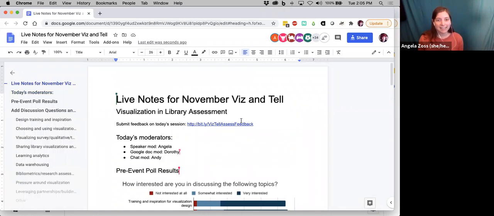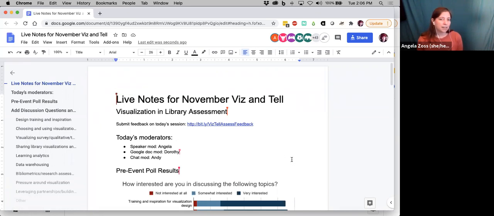But facilitating an informal conversation with a large number of people is tricky, of course. So we wanted to offer a couple of different modalities for people to participate. So we did set up this live notes document to allow us to capture more voices and to allow us to participate outside of the video and audio stream that's happening here in Zoom.